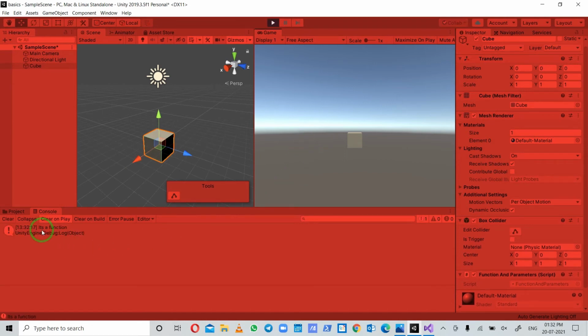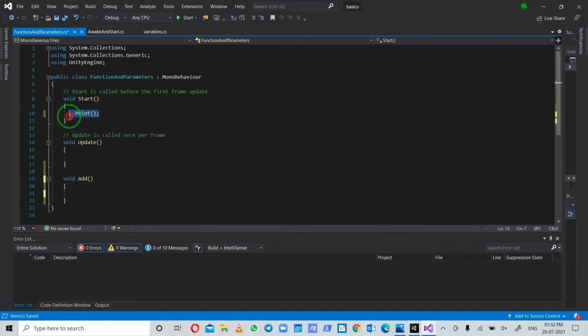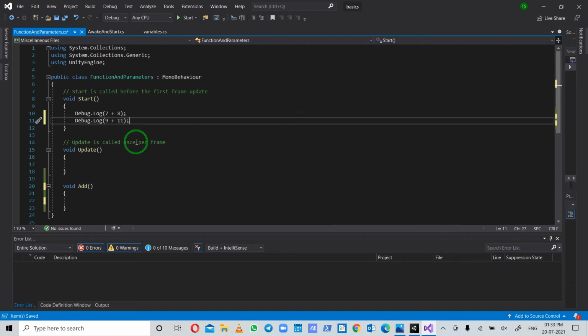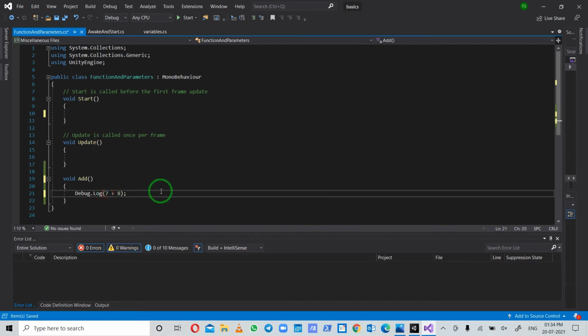Now as you can see, another thing you can do with a function is that you can give a function some value, and according to that value, the function will get executed. I want to write a function that will not only add these two values but also print the result in the console. So what I will do, I will write that code in the add function, and instead of 7 and 8, let me make them variables.